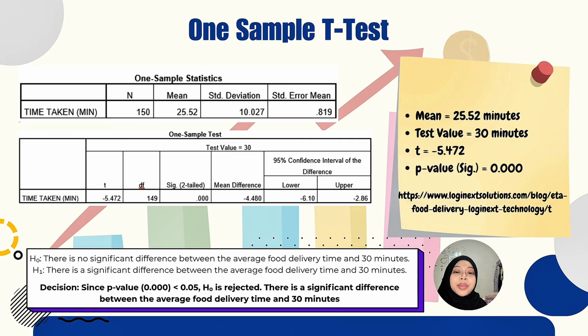As you can see, this is the one sample t-test. This slide presents the result of the one sample t-test. The test was conducted to determine whether the average food delivery time is significantly different from 30 minutes. Based on the output, the mean delivery time is 25.52 minutes and the p-value is 0.000, which is less than